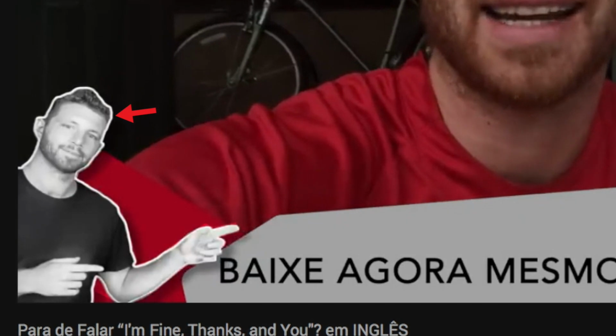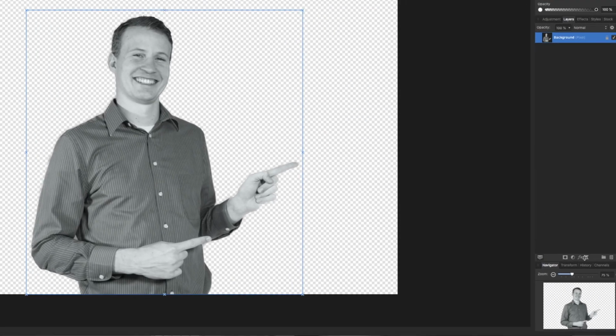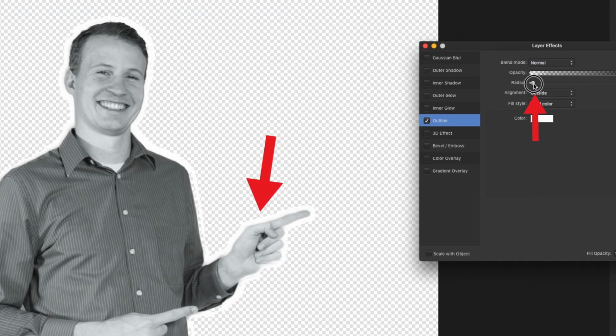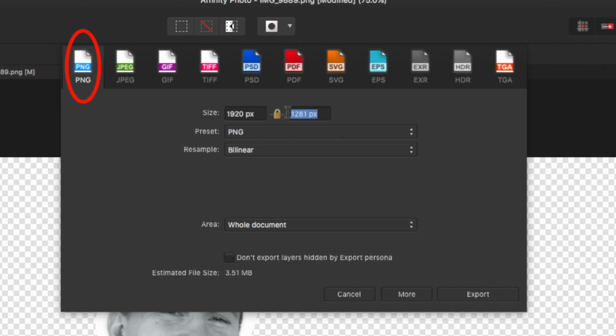After you've cut yourself out, something nice that you can do if you have Photoshop or something like Lightroom is click on your picture. You need to be able to create an outline around the edges of the picture. This is what Tim specifically does in his video, so you don't have to do this, but if you want the exact way that he did it, this is what it'll look like. You need to make sure that you do 2 things in order to export this picture. First, you need to export it as a PNG and also with a transparent